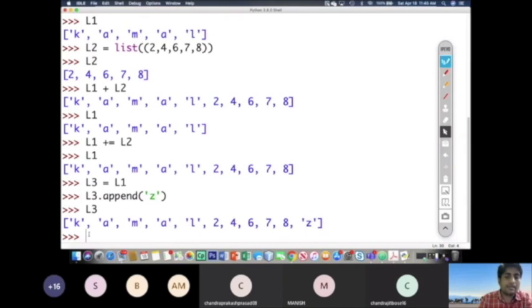Now you tell me, Ishita will tell, what will be the value of L1 if I am going to print L1? Sir, KAMAL 24678.